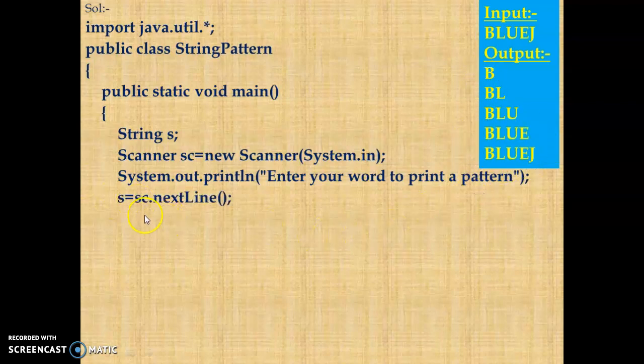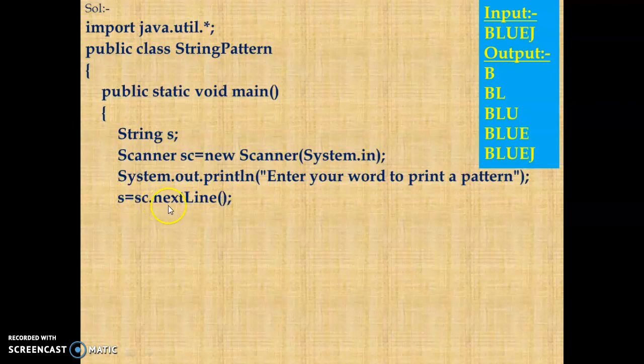Then how to take a string input: string type variable s equals sc.nextLine(), L in capital, then bracket open, bracket close, semicolon. s we already declared. Here the declaration part is over, but s is empty till now. Here we get some value in s.